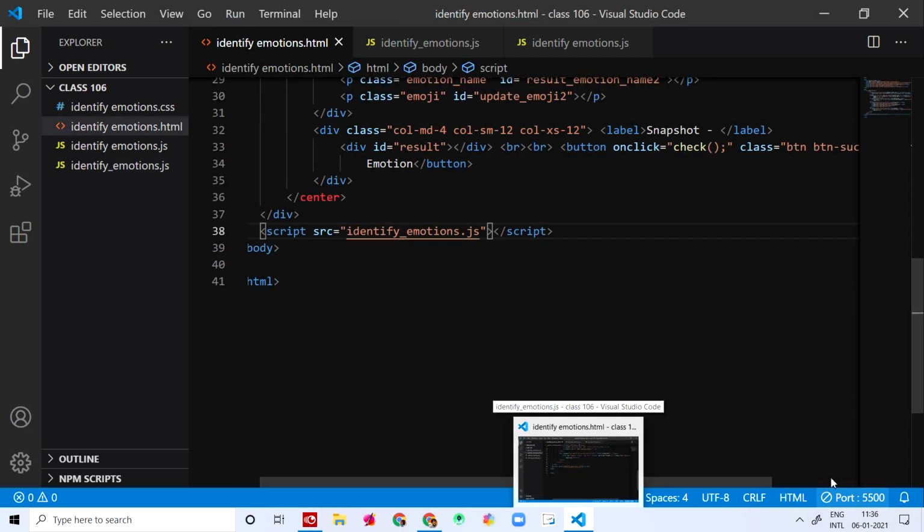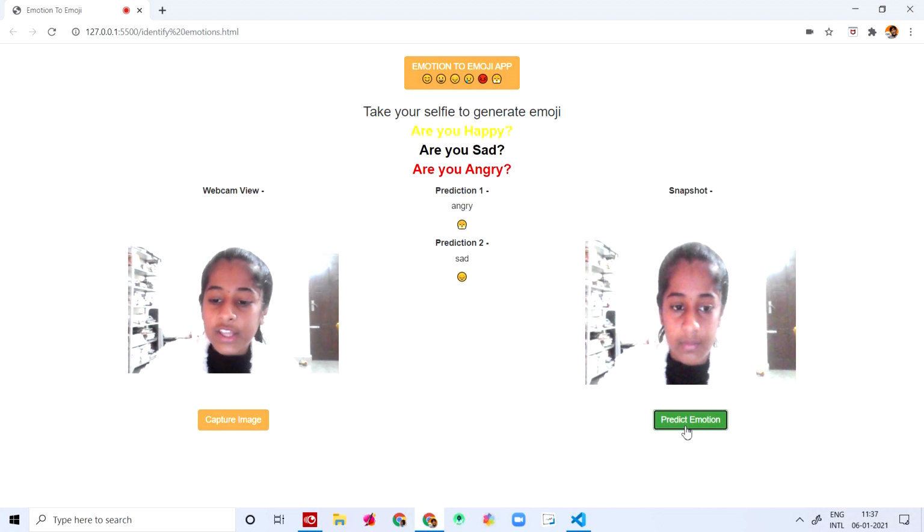Now let me move here and let me go. Yes, you can see. Let me press predict. Yes. It says the first prediction is angry and the second prediction is sad, and it spoke out that this is the first prediction and this is the second prediction. Yeah, now we know how to predict